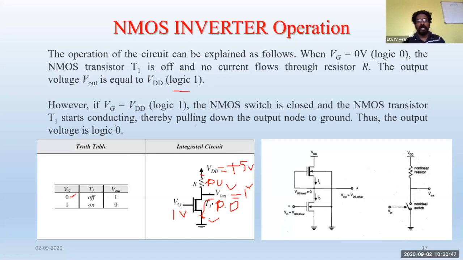So ultimately, at one particular point of time, whatever logic is stored in this output will be pulled down to the ground terminal, and you will be calling that a logic 0. Whenever there is no output present here, we call it a logic 0. So this is the operation of an NMOS inverter.